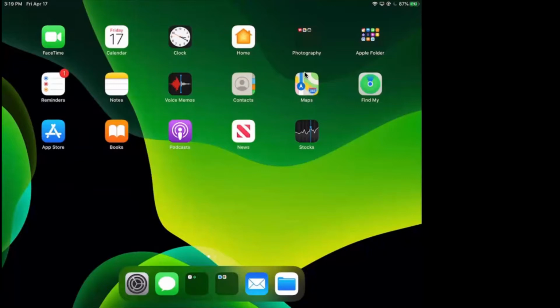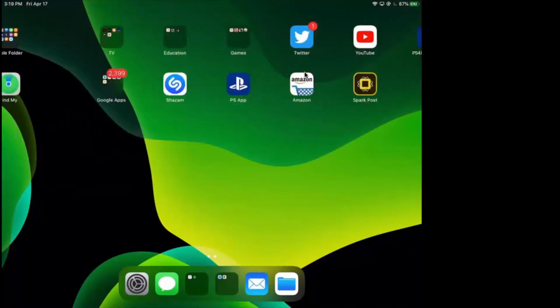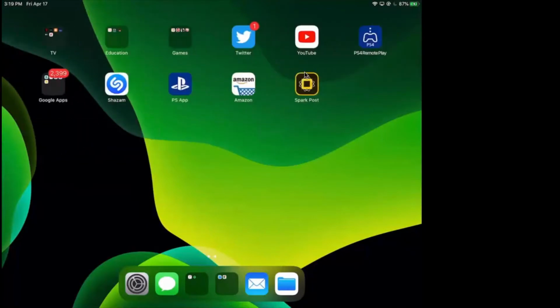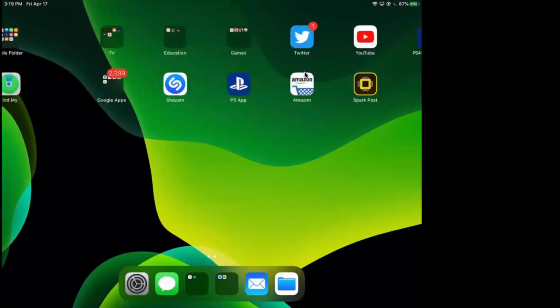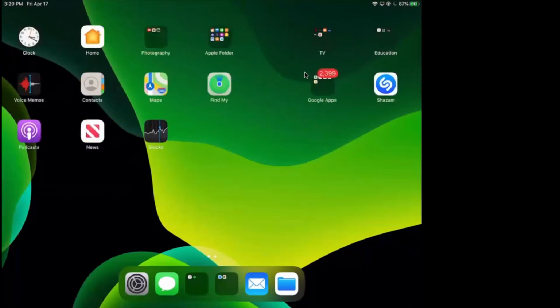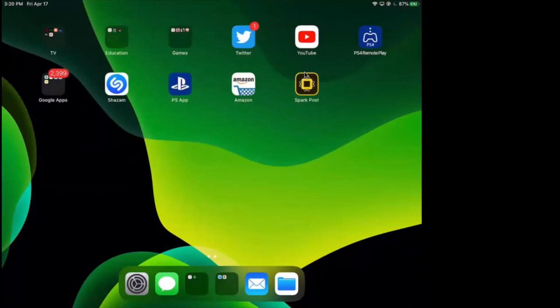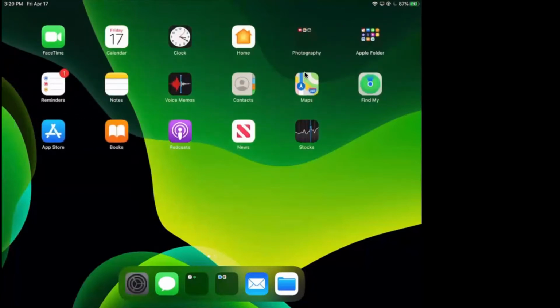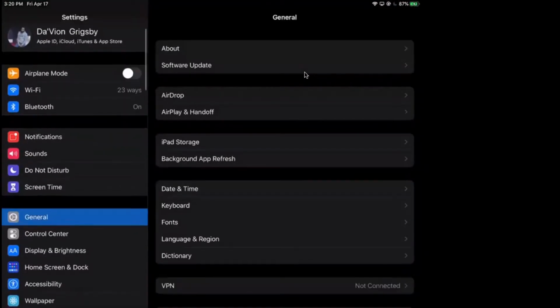But if I download an app, on the other hand, it'll only download to the iPad. When I first got the iPad, I downloaded at least the majority of these apps, and I was wondering why a lot of them were showing up on my phone. And it's because it was a setting that I had set, the automatic downloads, which if we go back